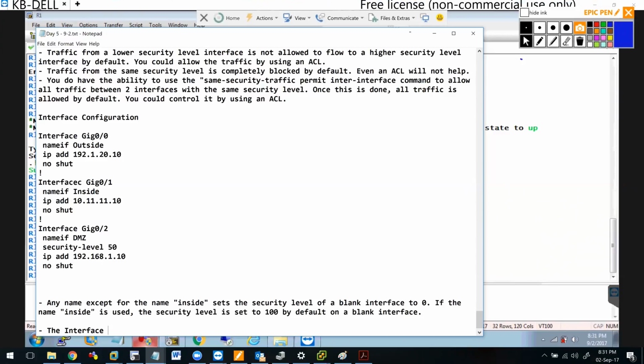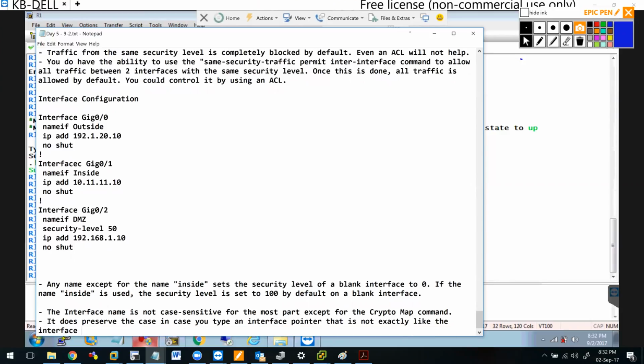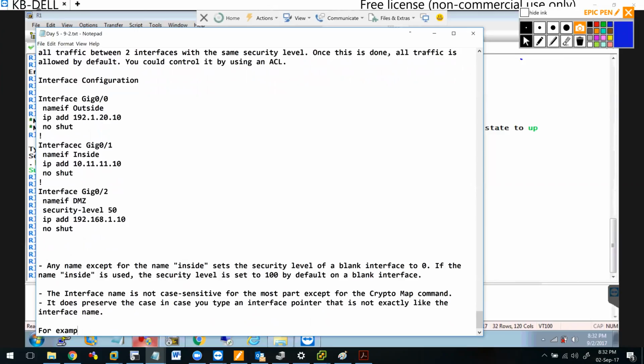The interface name is not case sensitive for the most part, except for the crypto map command. It does preserve the case in case you type an interface pointer that is not exactly like the interface name. What do I mean by that? For example, if the name of the interface